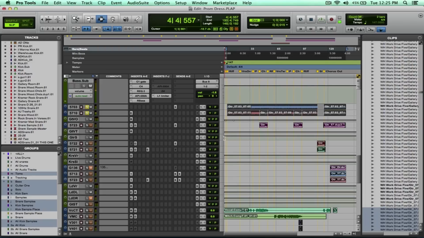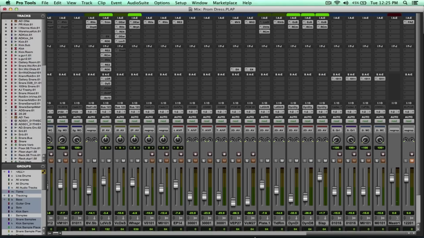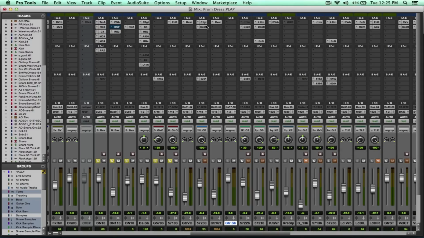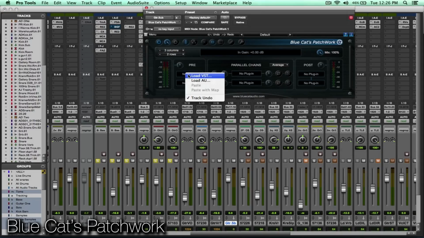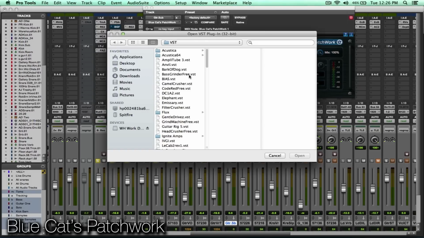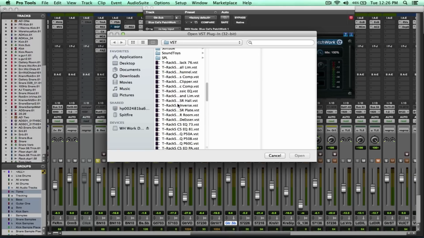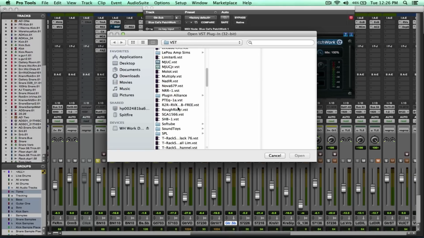It's a cool guitar sound. Let's have a quick look over here. Okay, so there's a Shattered Glass audio. So what we're going to do is we're going to go to our PatchWork on our guitar sub. And let's bring in our Shattered Glass. Let's try that. I'll go with Shattered Glass. Okay. SGA